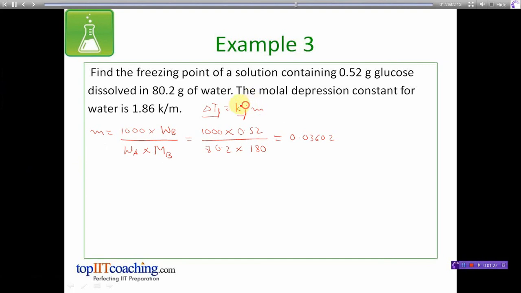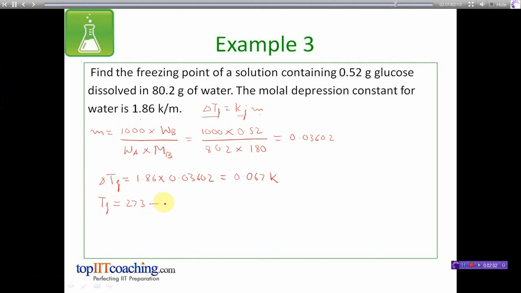Now substituting this value in m and substituting the value of Kf from this, we get delta Tf is equal to Kf into small m. The answer is 0.067 kelvins. Now Tf, that is the freezing point of water, we know is 0 degree centigrade or 273 degree